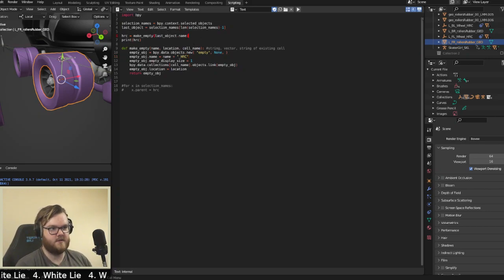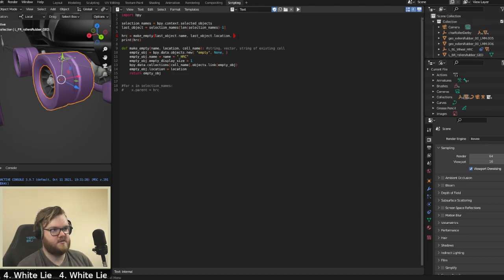Okay, and then what I need to do is give it a location. So do last object dot location. I need to give it a collection. So do collection. I think this last bit I'm not really understanding as much as I probably should, but now if I run this,